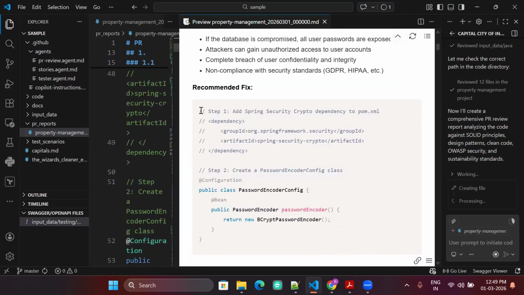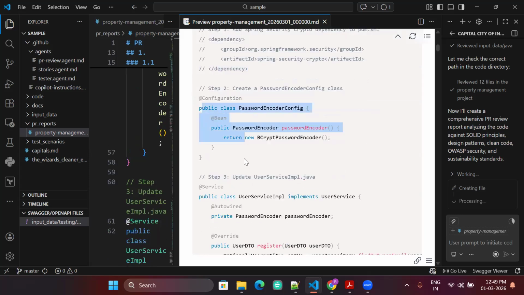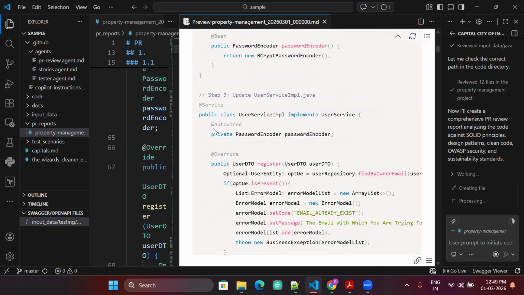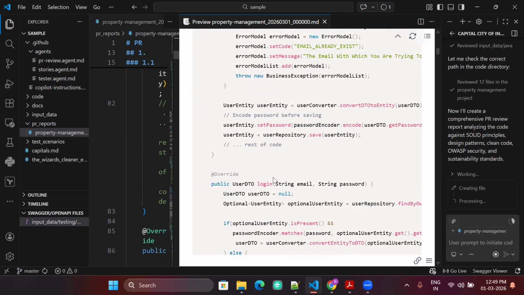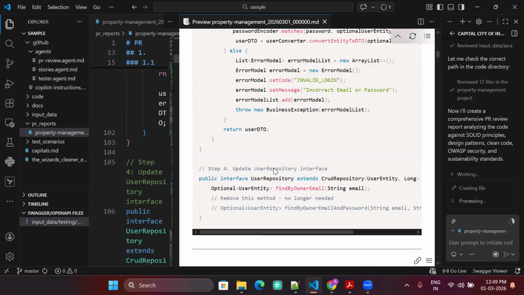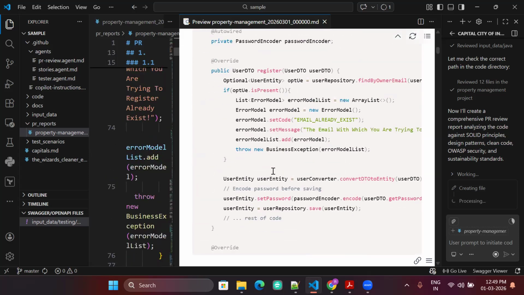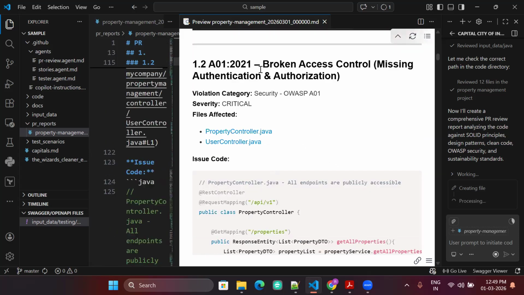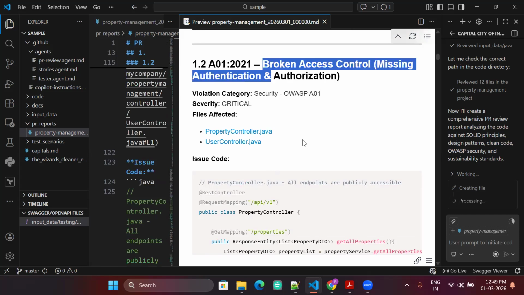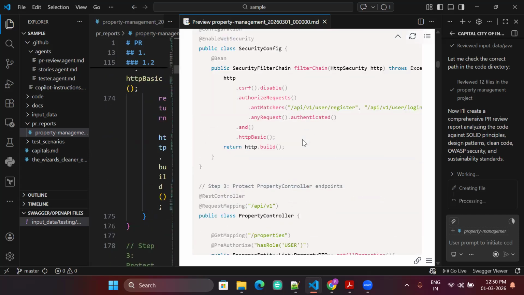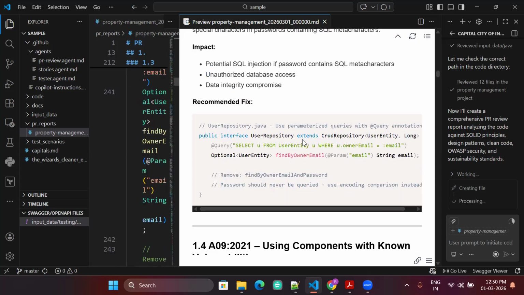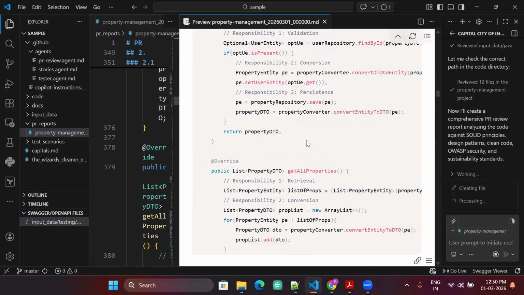It says add this dependency, then create another password config class, update your service class like this, and then you will be better. So it's not only giving a review comment, but also the code you should use to fix that. Same way it found another issue in these classes and it provided a problem, recommended fix, severity. It continues to do that for all the others.